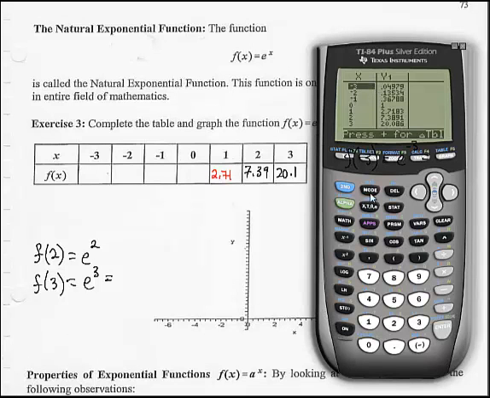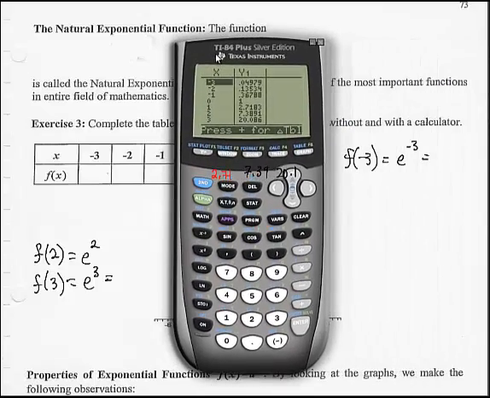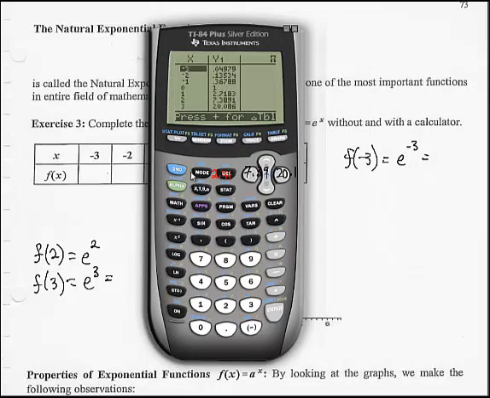And so if you didn't go to the table, you could simply go to the home screen, go to second, and hit the LN button. The e to the x, or the e, is right here above the LN in blue. And now we type negative 3 and hit enter, and we get 0.049787. Alright, we're going to round it at some point, and so I'll just simply write 0.050